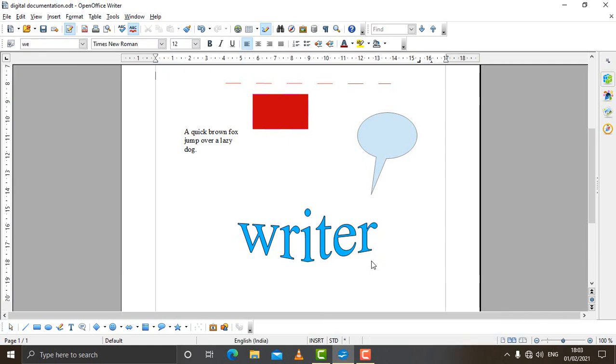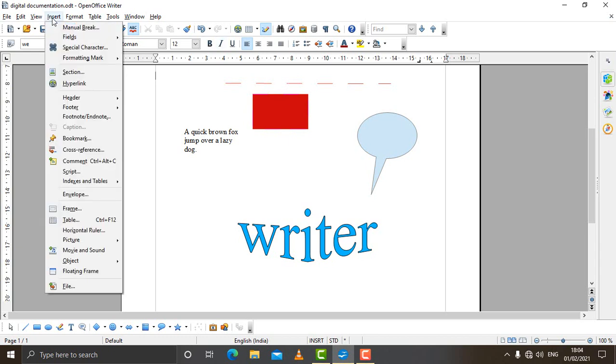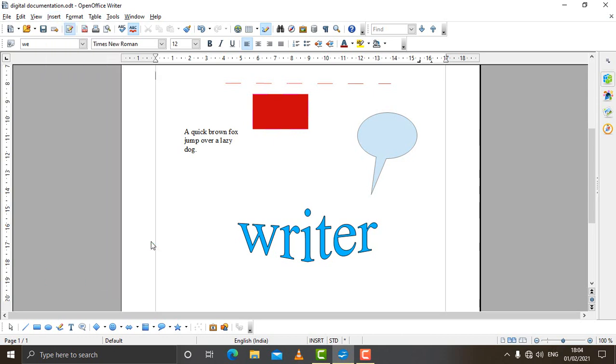The next thing which you can do in Writer is you can insert pictures also. If you have some pictures in your computer, in your hard drive, and you want to add those pictures as an object, as informative content in the document, you can insert by clicking on the Insert menu and then clicking on Picture and click From File.